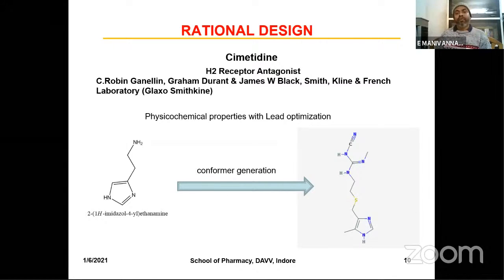The approach used for designing cimetidine was physicochemical property optimization. The lead compound taken was histamine as such. Histamine is an agonist for the H2 receptor present in the parietal cell, and this was modified, lead optimized with physicochemical properties, and then they incorporated a guanidine functional group along with the structure of histamine,